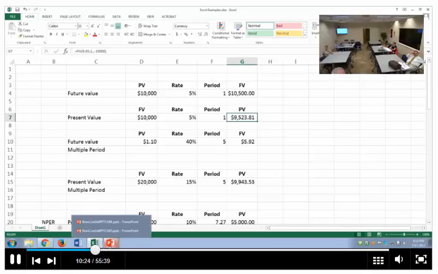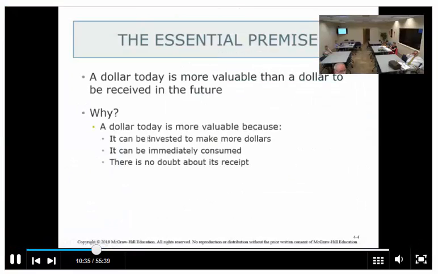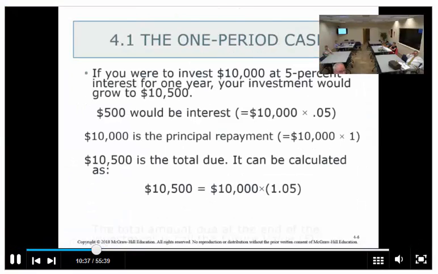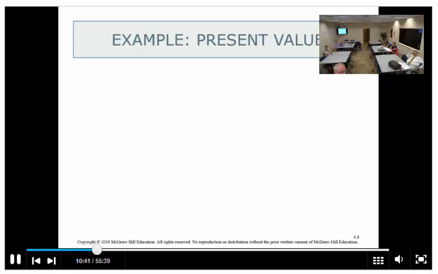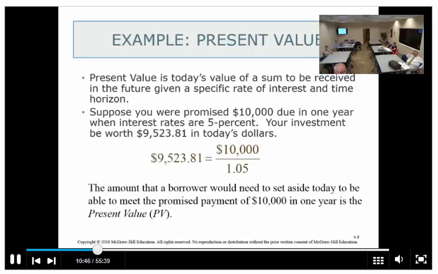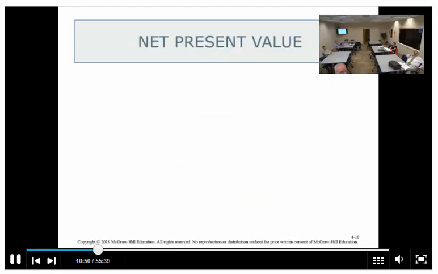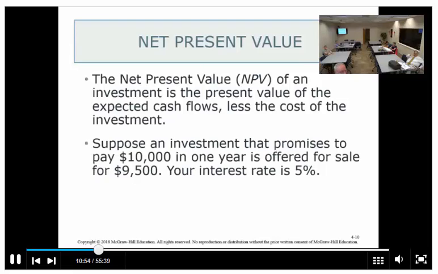Now, okay. Now, here's now another use of this